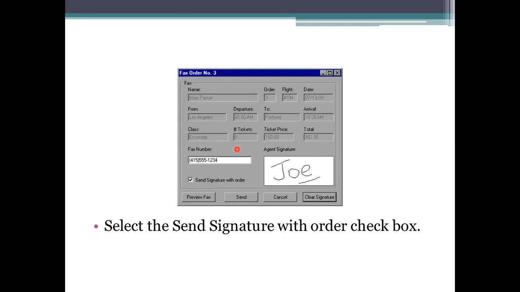Whenever we are taking this agent signature, we need to place the cursor, or the mouse pointer, on the bitmap area to sign in the area that has been specified. This is the area. Okay, and the agent has to place the signature on that.